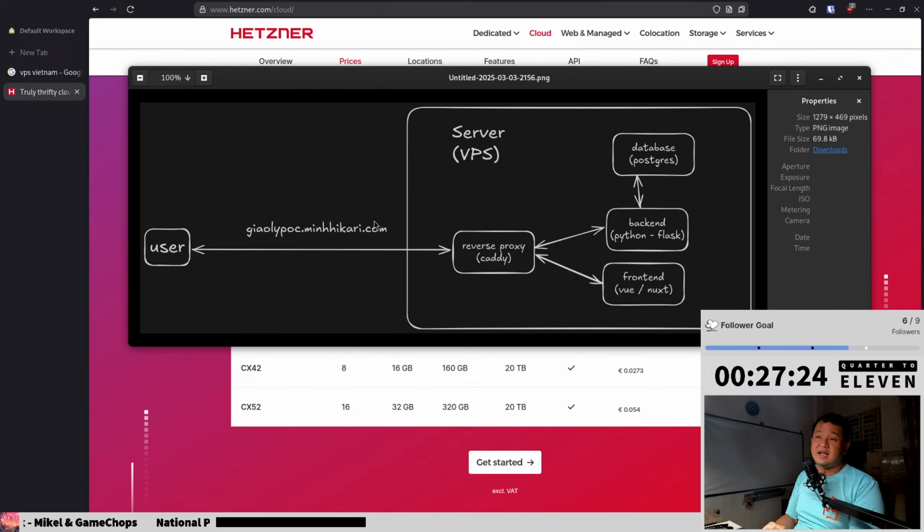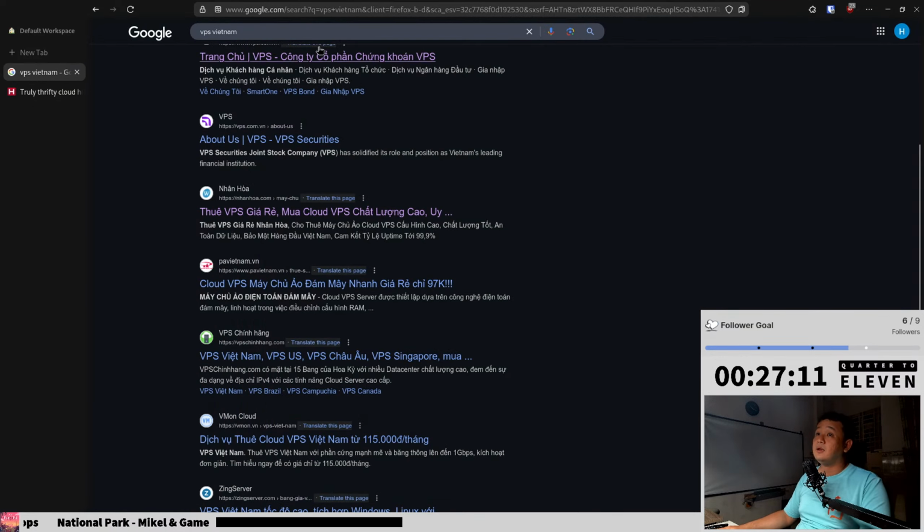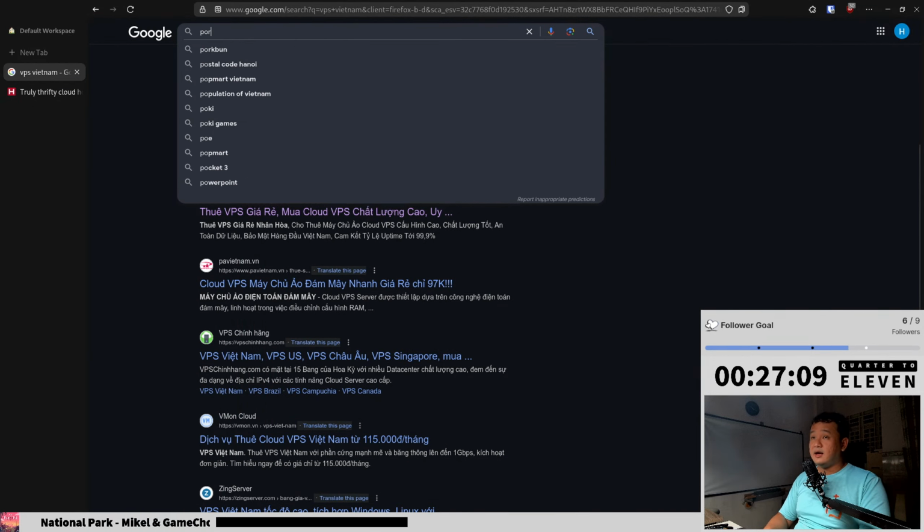So yeah, that's why I will try one with Hetzner right here. And for your information, my Nextcloud account I also bought from Hetzner as well. So the VPS I will buy from here. And